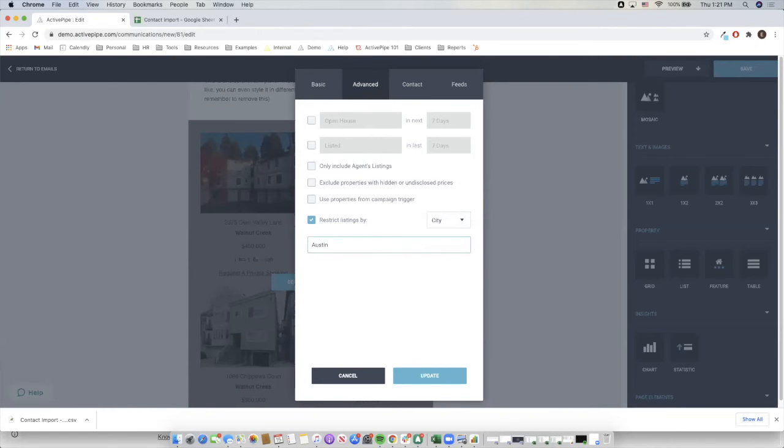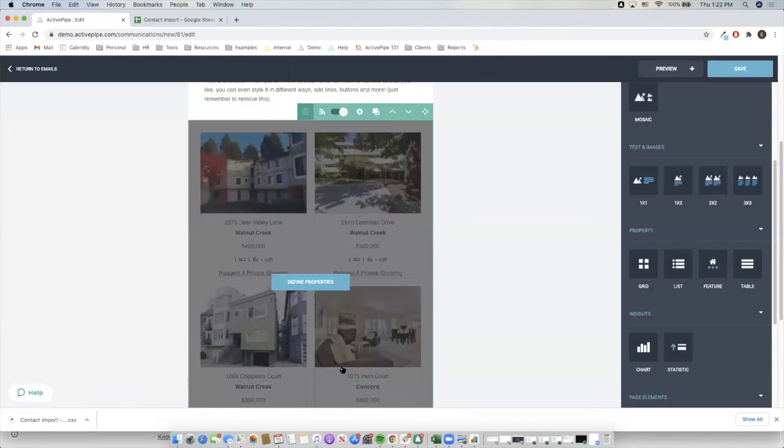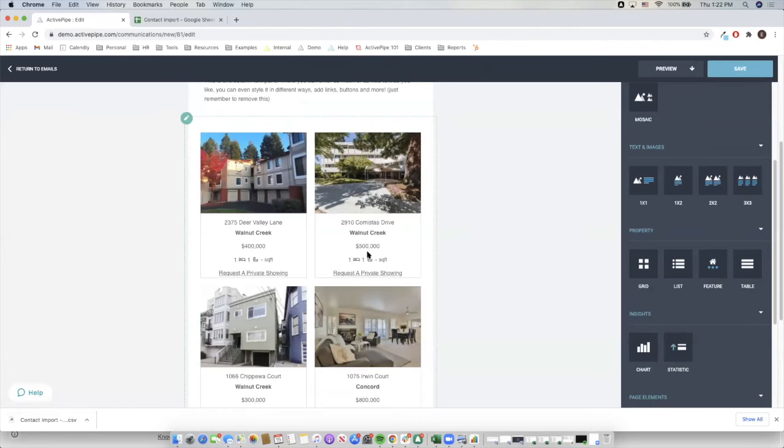So again, back to my Austin example, and this works the exact same way. So you can multi-select by city as well. And then if you find it applicable, you can also go down by state. Now that allows you to get the properties into an email for a particular geographic area. But what if you want to take that a step further and say, show the folks in the zip code of 78731 in my contact list, if they have that zip code, I want to send this email with properties in that area. And then what you can do